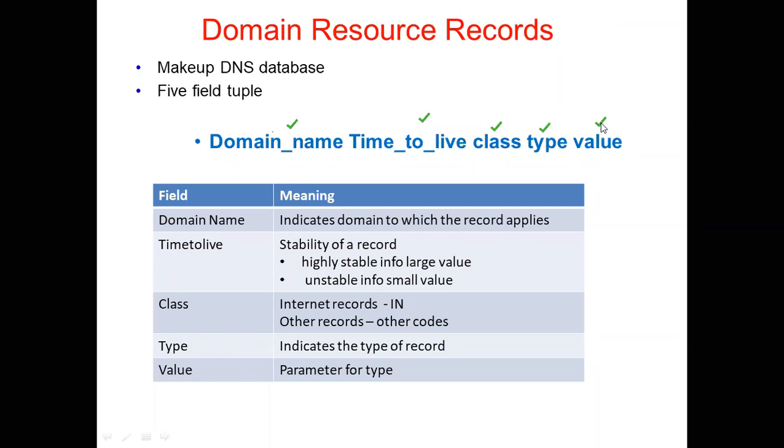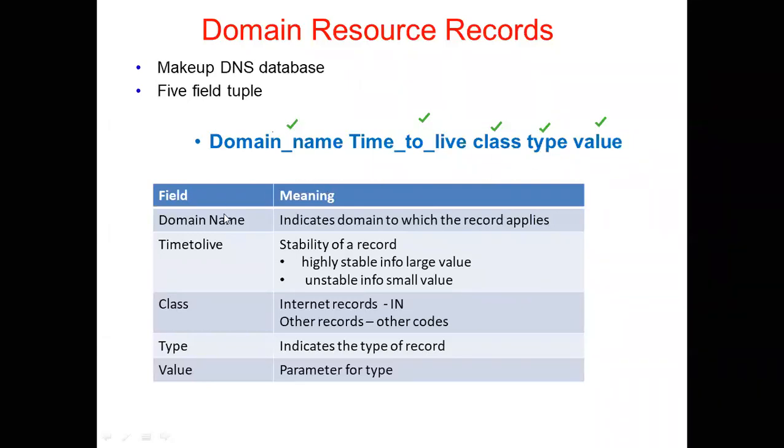Now, you are already learning DBMS, so you know what is meant by a tuple, isn't it? Do you know what is a tuple? Am I audible? Yes. Rishikesh, am I audible? Yes, ma'am, you're audible. Do you know what is meant by a tuple? A tuple is nothing but a record. So every tuple will have 5 fields in it. If it is a domain resource record, that tuple will contain 5 fields. What are those 5 fields? Domain name, time to live, class, type, and value.